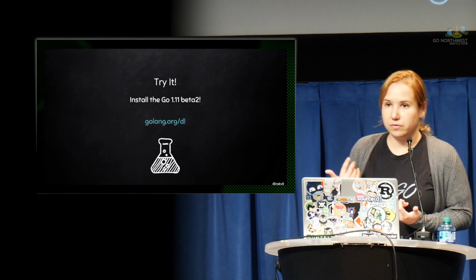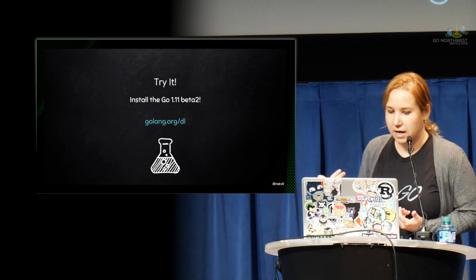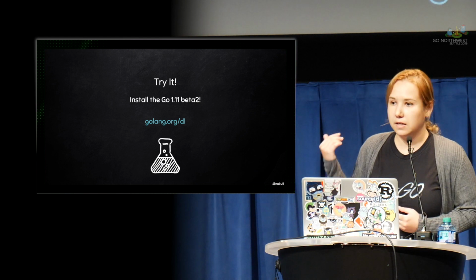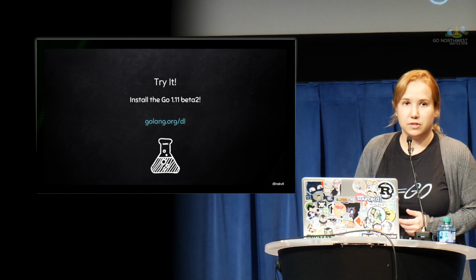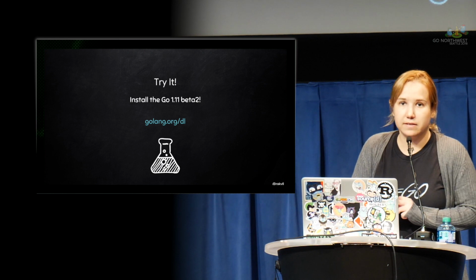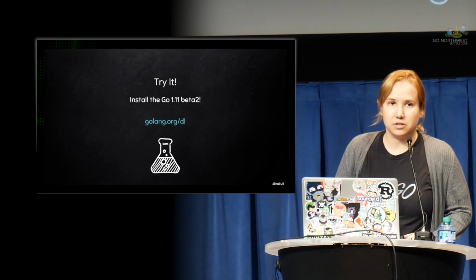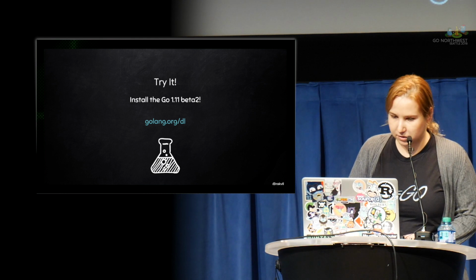These are the upcoming features in Go 1.11. So if you want to give it a try, please try, because it's still beta. And it's very important, I think, to just give things a try and file bugs. After I gave a similar talk at a different place, several bugs have been filed, so it's useful